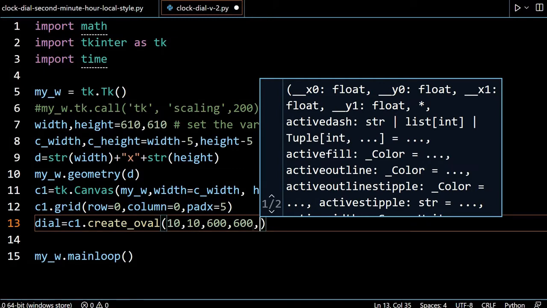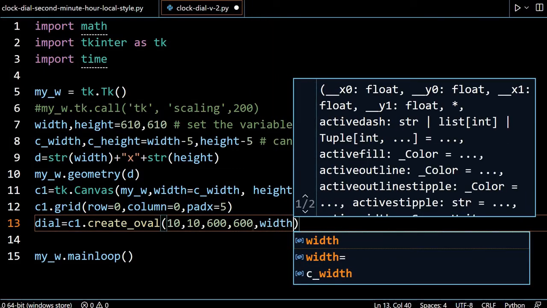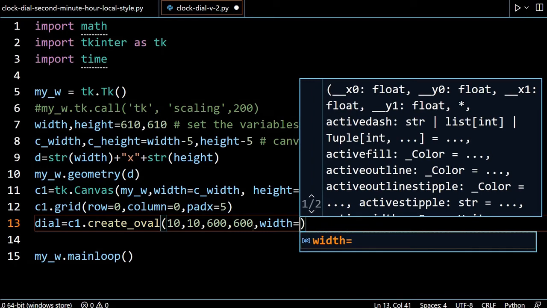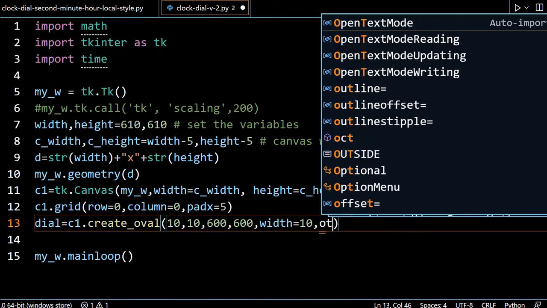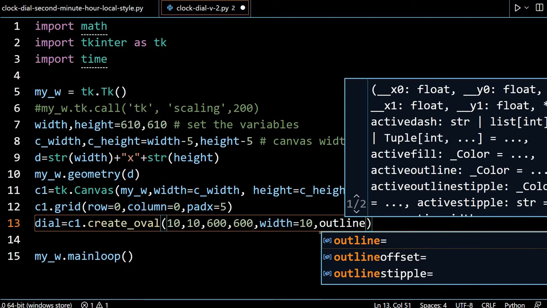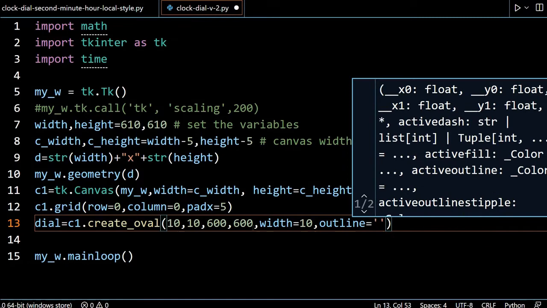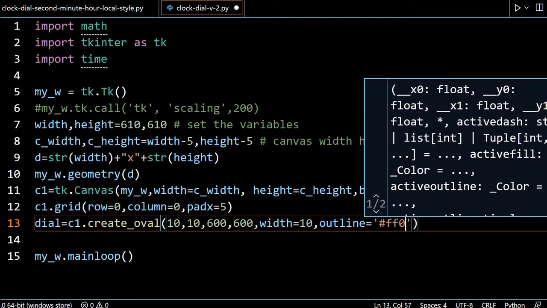Now what is the thickness of the dial's outer arc? That is the width option I am using. I am giving 10. You can change all this and create a better looking clock also. For the outline color I am giving red, FF0000.